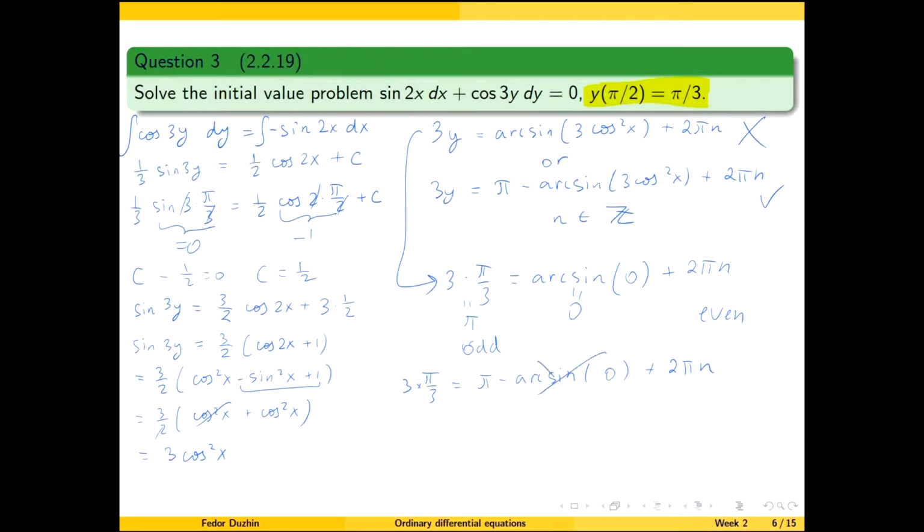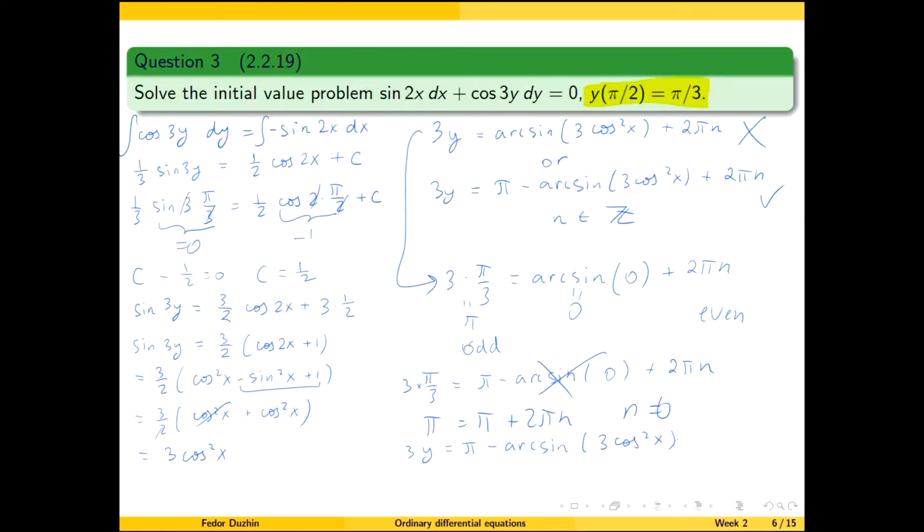Now inverse sine of 0 is just 0. So pi equals pi plus 2 pi n. So n equals 0, and it works. And so here n equals 0, and therefore 3y equals pi minus inverse sine of 3 cosine square x